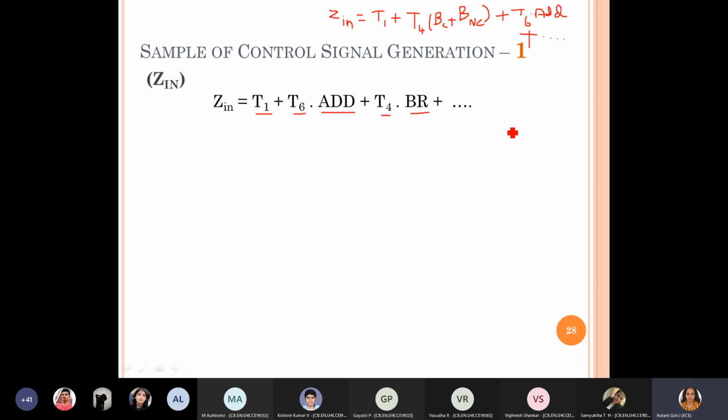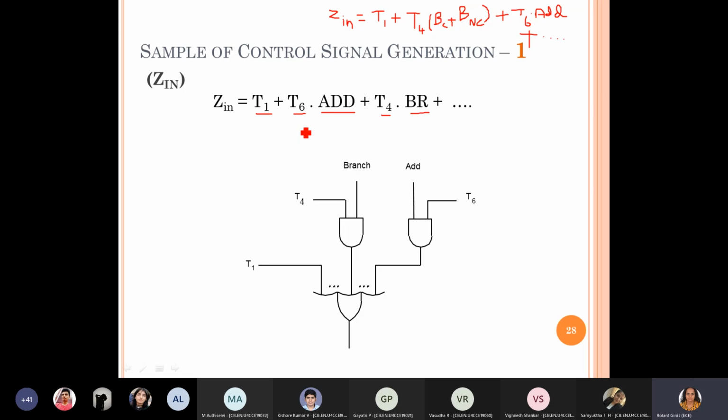Like that it will keep on expanding. Okay, so here once we have the expression, then implementing it will be simple work, just AND and OR logic. Even that decoder circuit, decoder and encoder and the control unit, if it is completely of AND and OR logic, you can replace it with programmable logic arrays, the PLAs. Okay, where a single IC will be enough to implement your entire control unit.